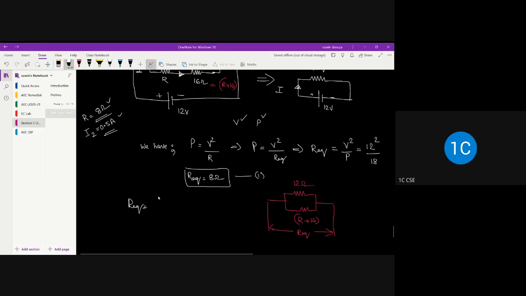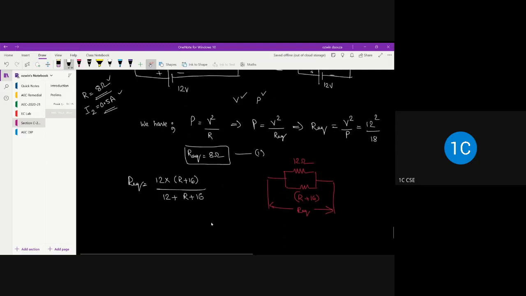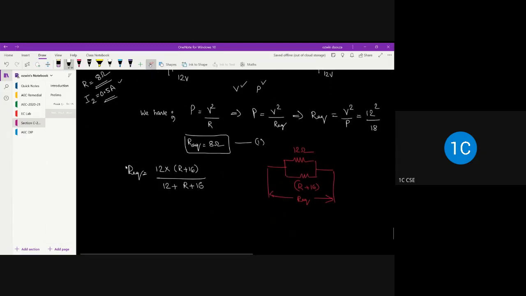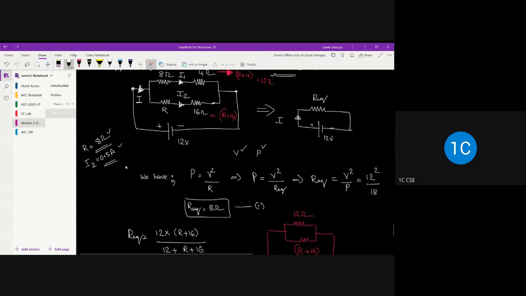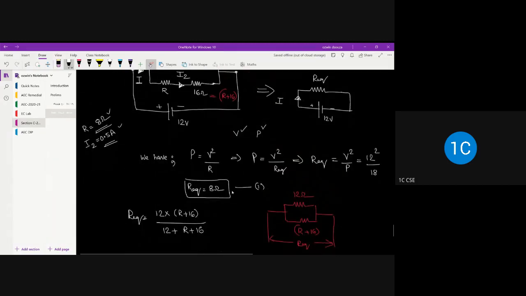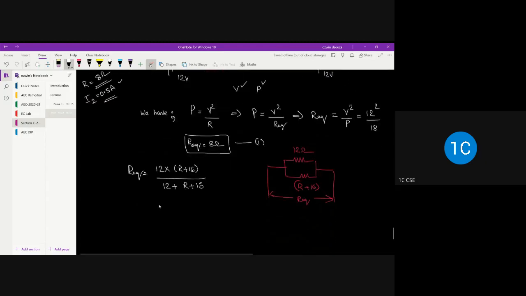So R equivalent is 12 into R plus 16 divided by 12 plus R plus 16. And what is R equivalent? We have already found it. From equation 1, R equivalent is 8 ohm. So your left hand side is 8 ohm is equal to,